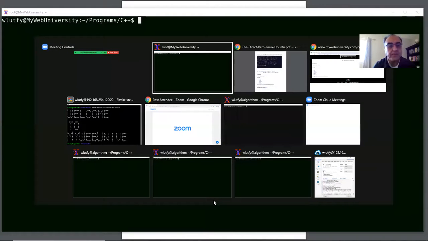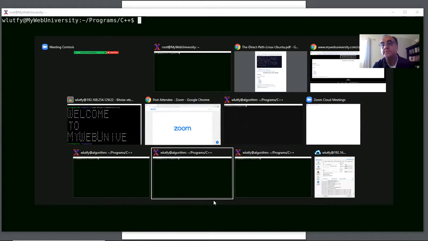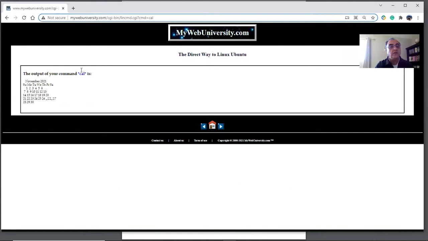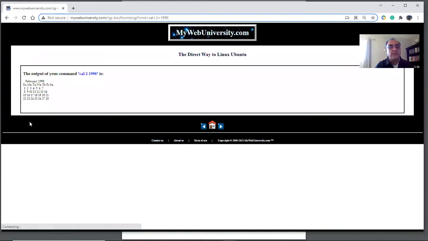Now the man pages of the calendar command. So let me just go to the website, and on the website basically we have calendar commands. Some of these commands you can run here. You will see the output here, calendar, and then if you want to get the calendar